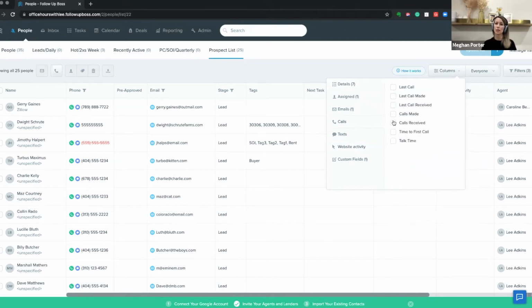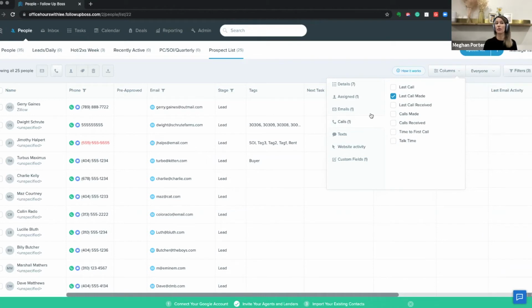If you change your stages that are pre-populated in your account, then build lists off of those core stages, right? That's the first thing I do. Then recently active, if you are a team that has an integrated website, you have our pixel, that's a great beginning list for that because it's going to show you people that are returning to your site. Another great one to have. But yeah, you can build as many lists as you really want.